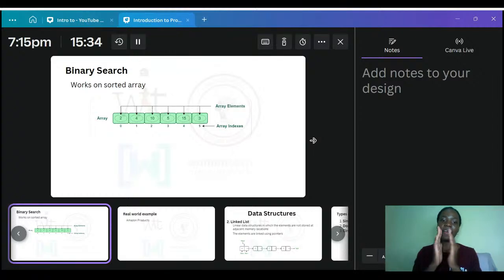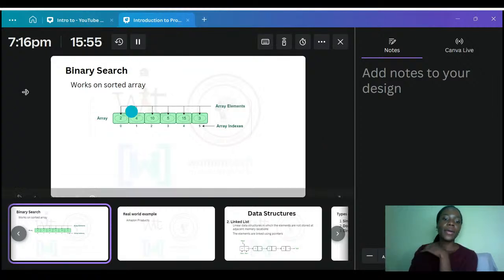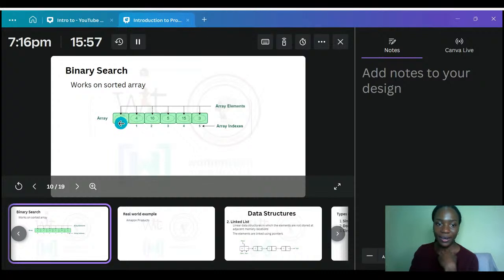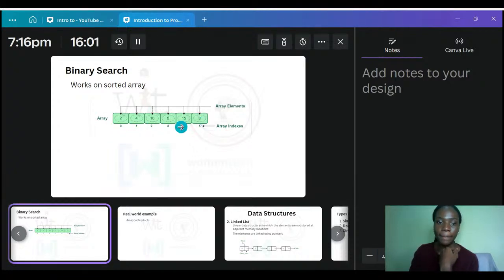What this one does is, after sorting, you find the middle part. If what you're looking for is greater than the middle value, then it searches in the upper side of it. So if we have 2, 3, 4, 5, 10, and 15,